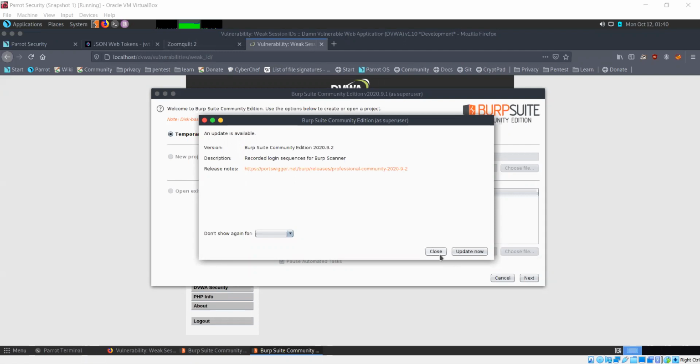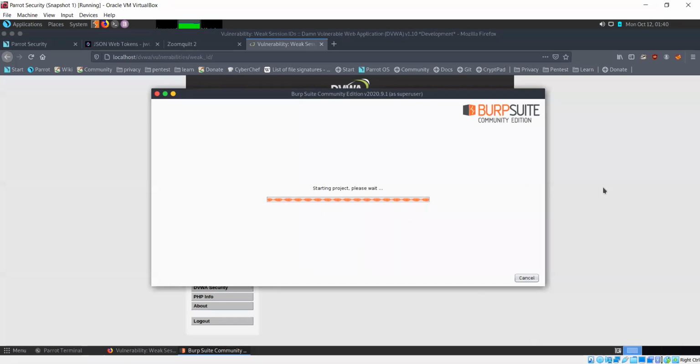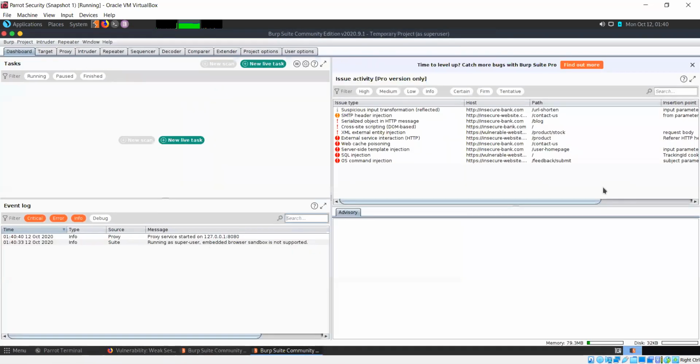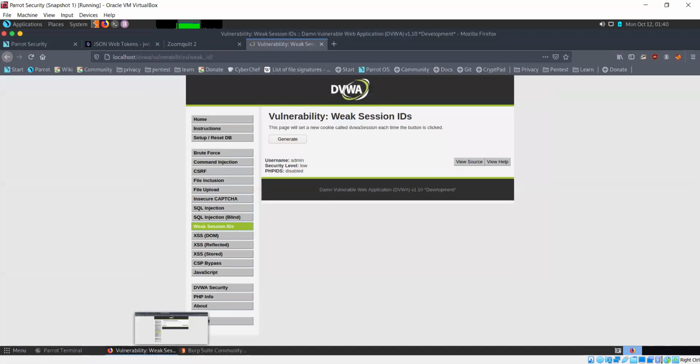Okay, so let's continue. Start Burp. Now the vulnerability is weak session IDs. Session IDs are used by web servers to keep track of the user that is logged in. When you access a website, you create a session.